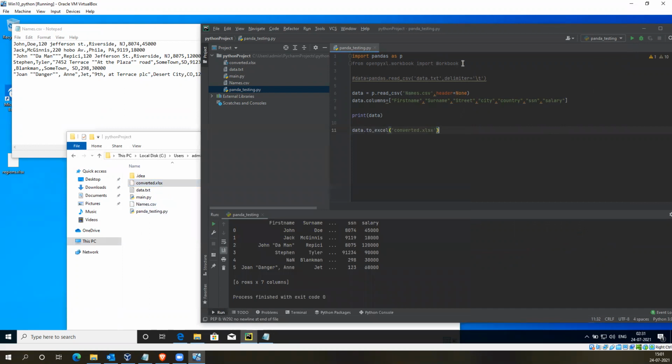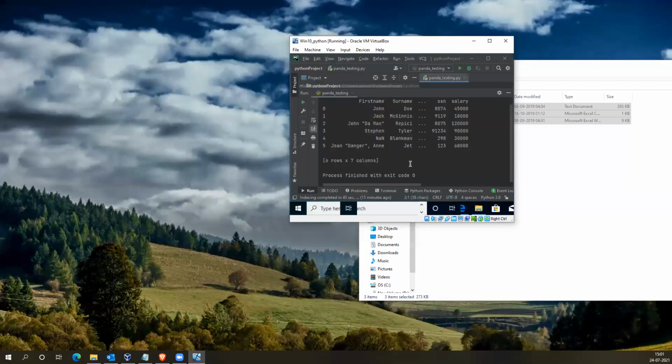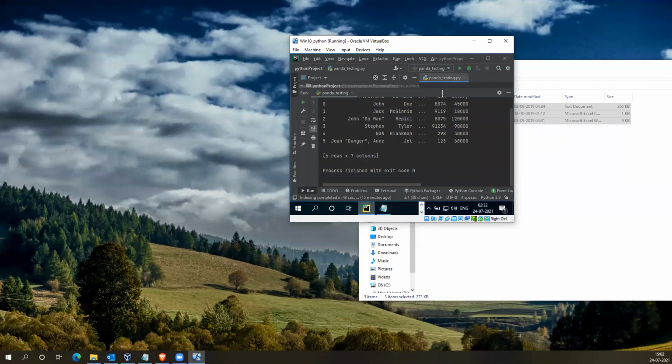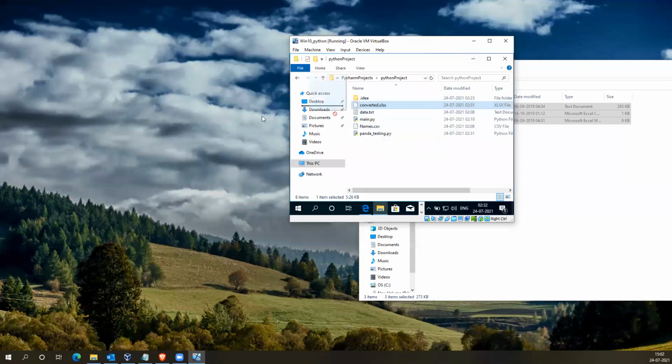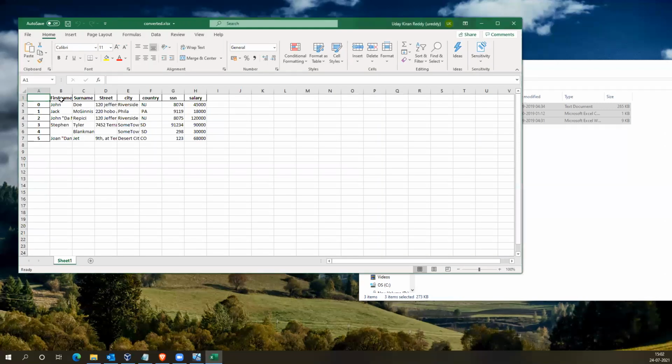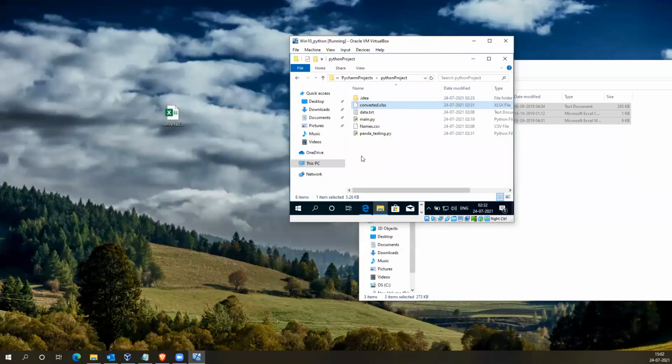So this is not related to OpenPyXL also because we didn't use it yet. So OpenPyXL is not necessary yet. Converted and dragging and drop. You see, it's saved as Excel with these columns, highlighting and all. So it's nice.